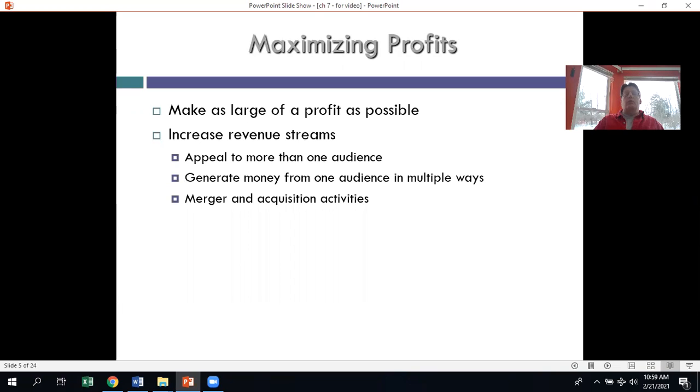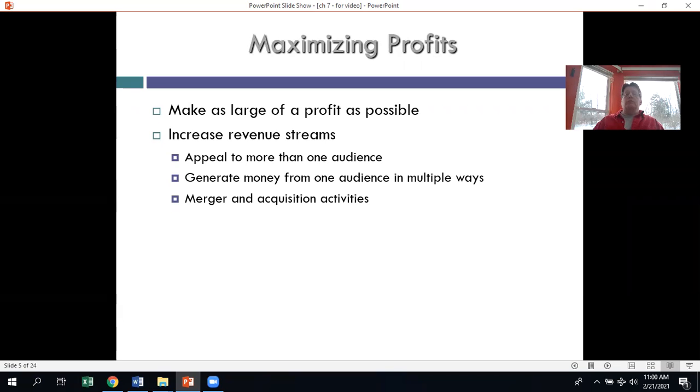So appealing to more than one audience: if they're able to present something that appeals to more than one audience, that's of great value. Think about one of my favorite franchises, Star Trek. Star Trek appeals to multiple age groups. A lot of young people like Star Trek just because it's exciting and they like the special effects and the aliens or whatever. But older people take a greater interest in it also, in part because Star Trek has a lot of social messages in it. And so it appeals to a wider range of ages than a lot of other things.